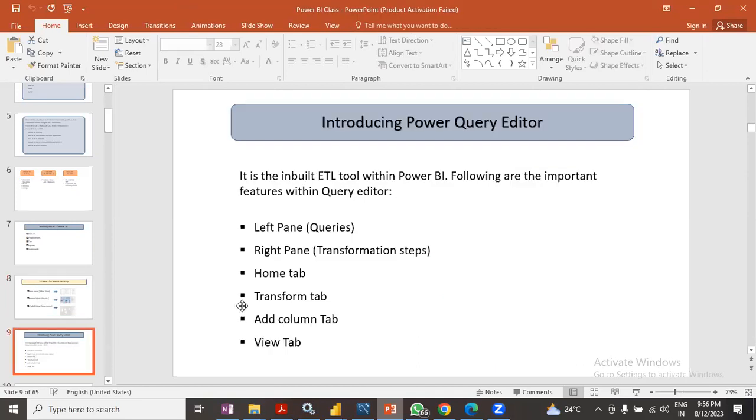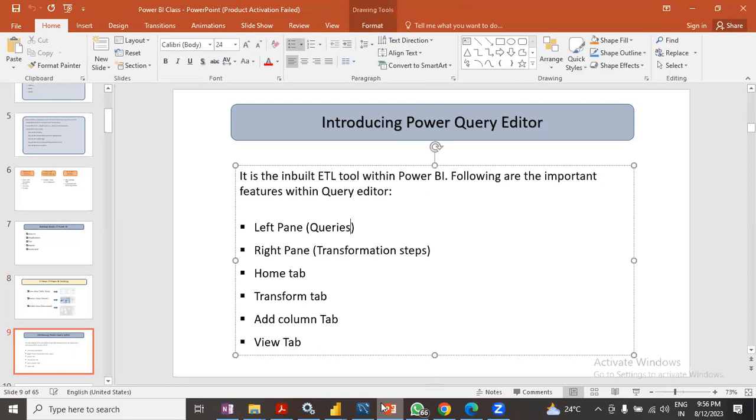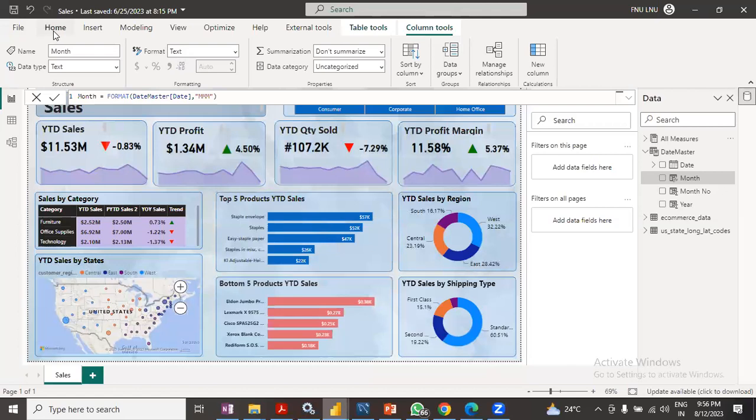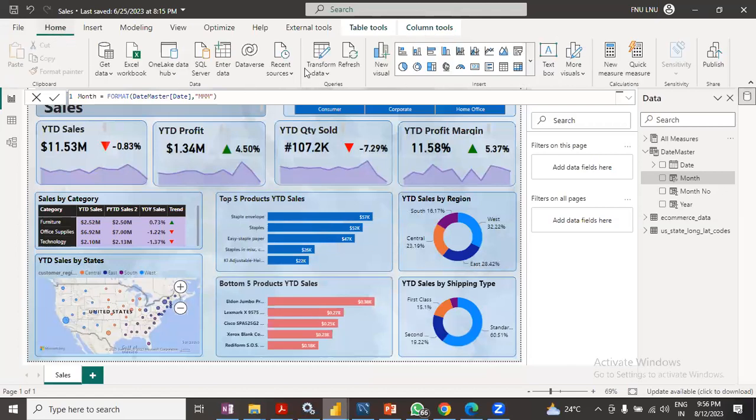Then, one of the important things in Power BI is the Power Query Editor, where you can do the ETL work that they do in other tools which are specific to ETL. Let me show you that. In Power BI Desktop, in the Home panel, if you go to Transform data, can you see this Transform data? There are various other things, but don't worry about that right now. Just make sure this is visible. If you click on Transform data,